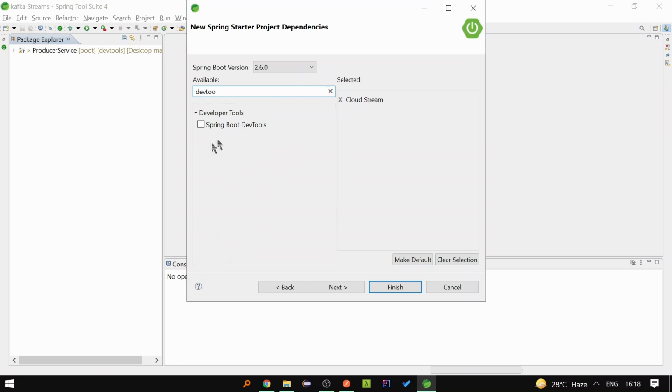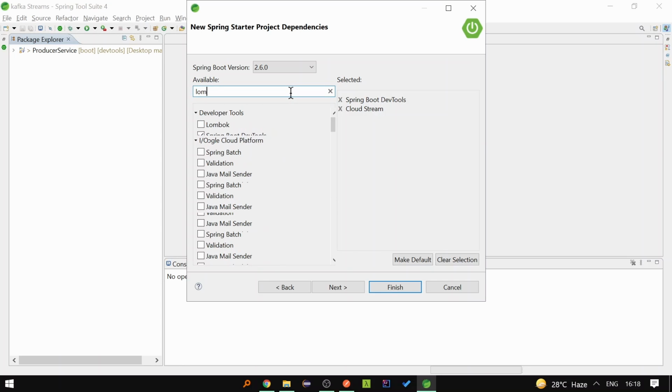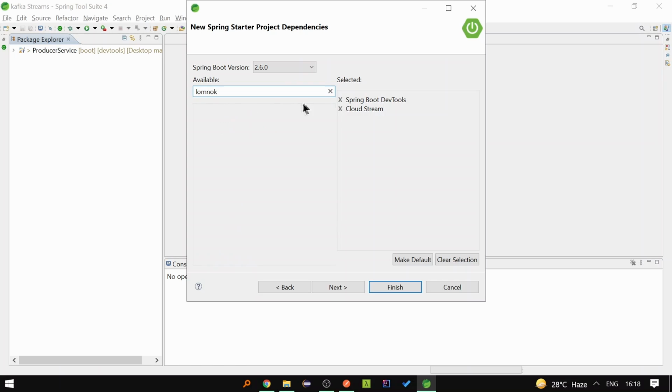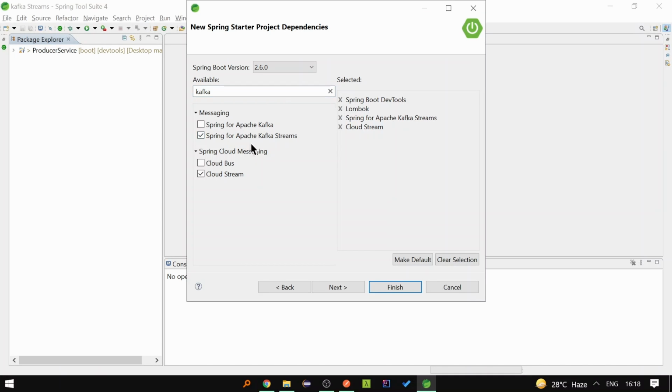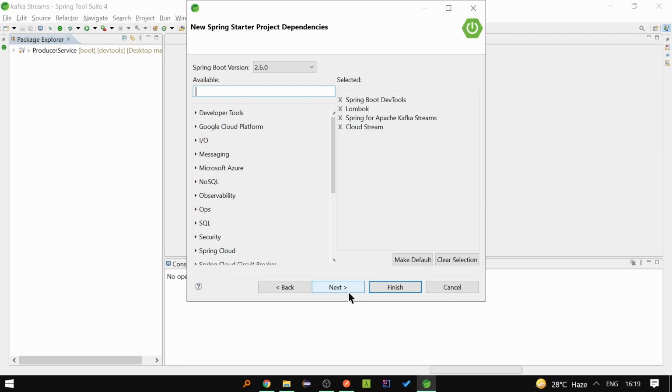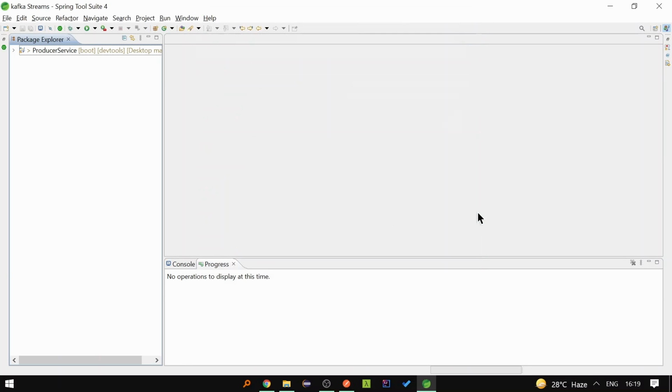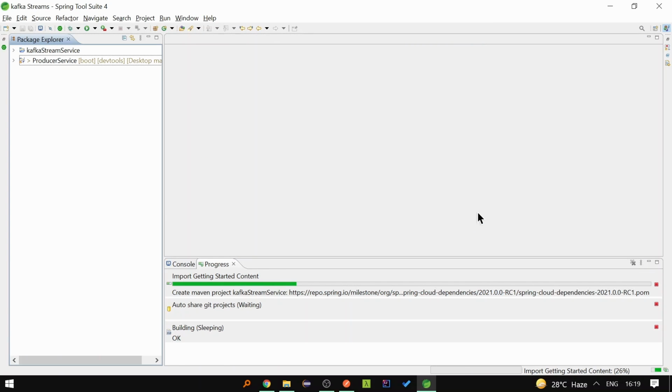Then add the DevTools dependency, and let's add the Lombok dependency. Oops, it's a typo, let's change it. Lombok. Yeah, Lombok. And then let's add the Kafka dependency, Kafka Streams, this one. Okay, and we are done. Click on next, finish, so that the project will be created for you.